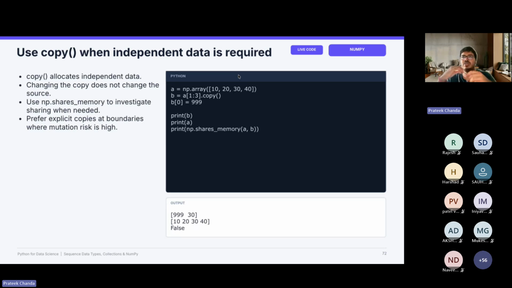Typically, if you use dot copy, it creates a new memory allocation. So if you change the assignment at any point for the copy array, it won't alter the original array.